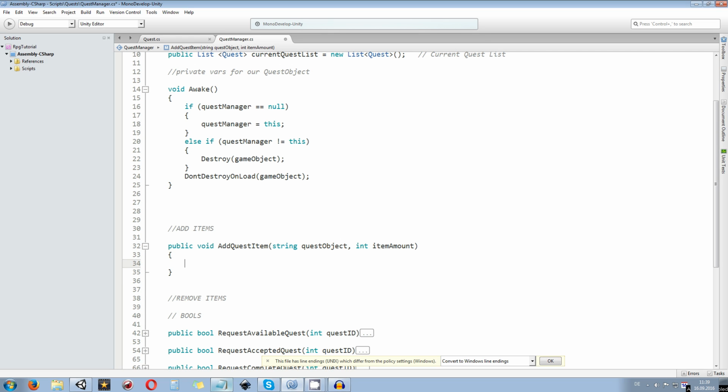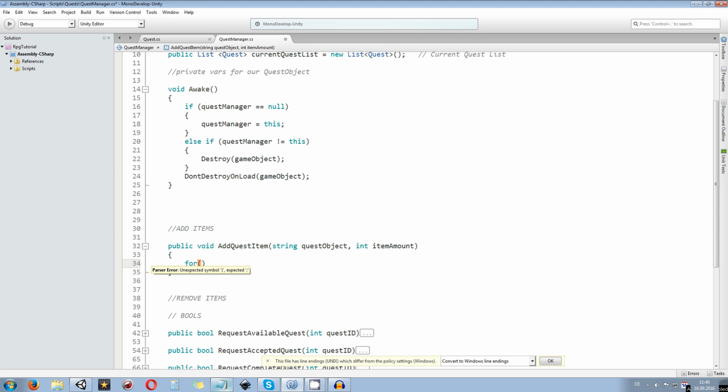Now what we want to do is update the current quest, if there is a current quest already. But what we need to do is loop through the whole quest list first to see what quest is actually having that requested object or requested item, for example. Later on I will show you, then you can easily add stuff in with just one line of code, nothing else. And so what we do is, whenever we have killed something or anything else, then we loop through the